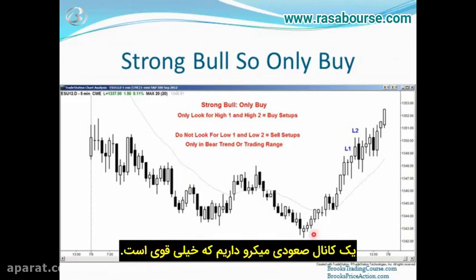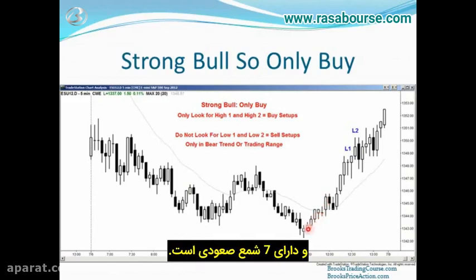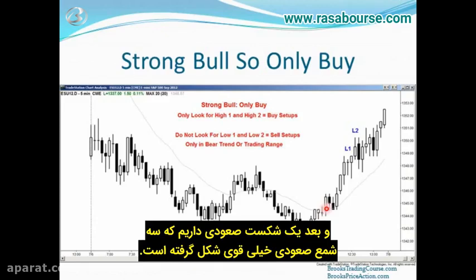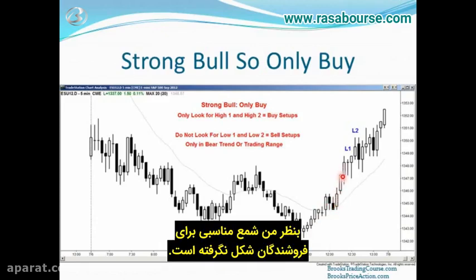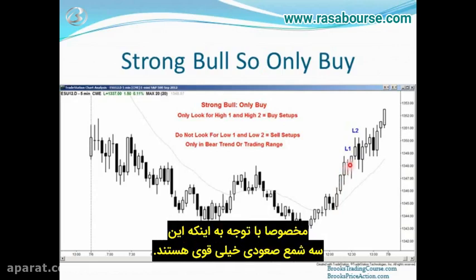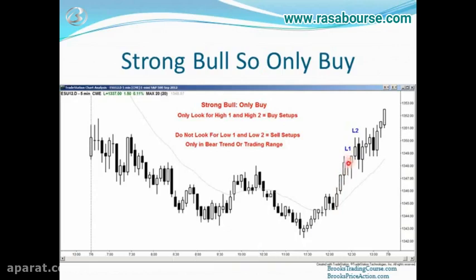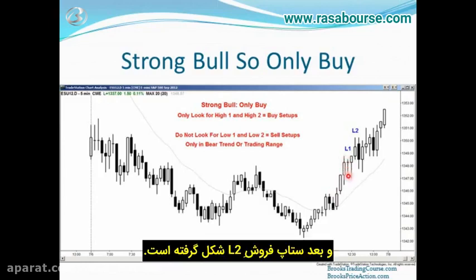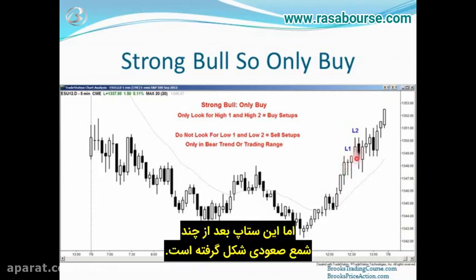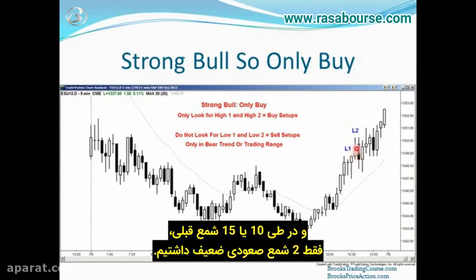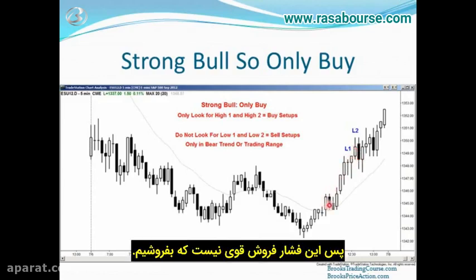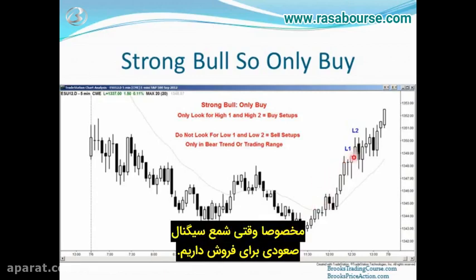And we have a strong bull micro channel with 7 bars up, and then a breakout with 3 very strong bull bars. To me, you have a terrible signal bar for the bears, especially given the strength of these 3 bull bars. So probably buyers below. And then we have a low 2 short here, but again after a bull bar, and we've only had 2 small bull bars in the past 10 or 15 bars. That's not enough selling pressure to justify a short, especially when you have a bull bar for your signal bar for the short.